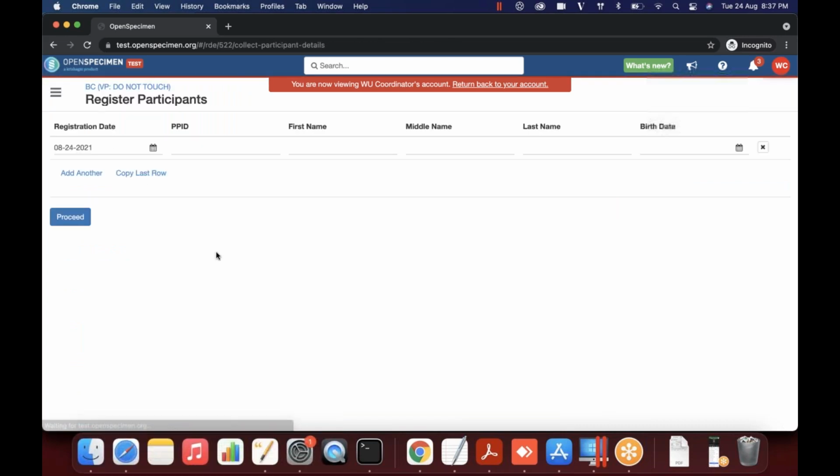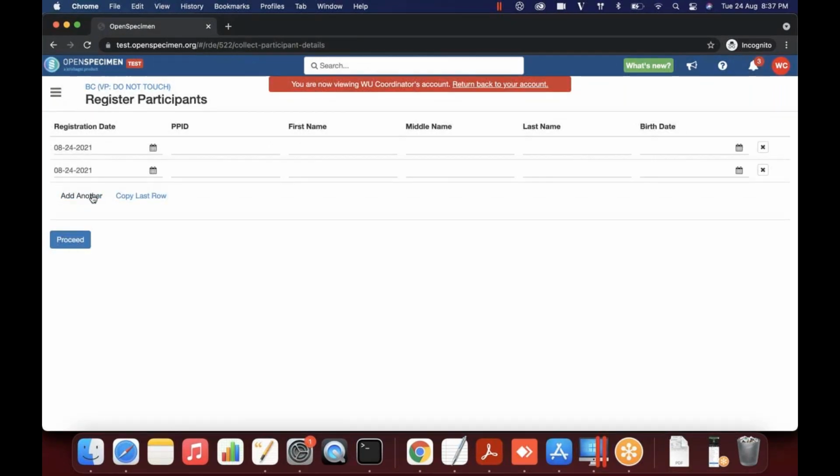Now in this particular workflow, you see that register participant goes into a different screen from what you would be used to seeing. This is a workflow where you can register multiple participants in one go rather than one participant at a time. The goal is that it is highly focused on clinic coordinators. They collected data for 2 participants, and now they want to come and collect the data for them. The goal is to reduce the number of clicks as much as possible, so that they are able to finish their work quickly. So let me